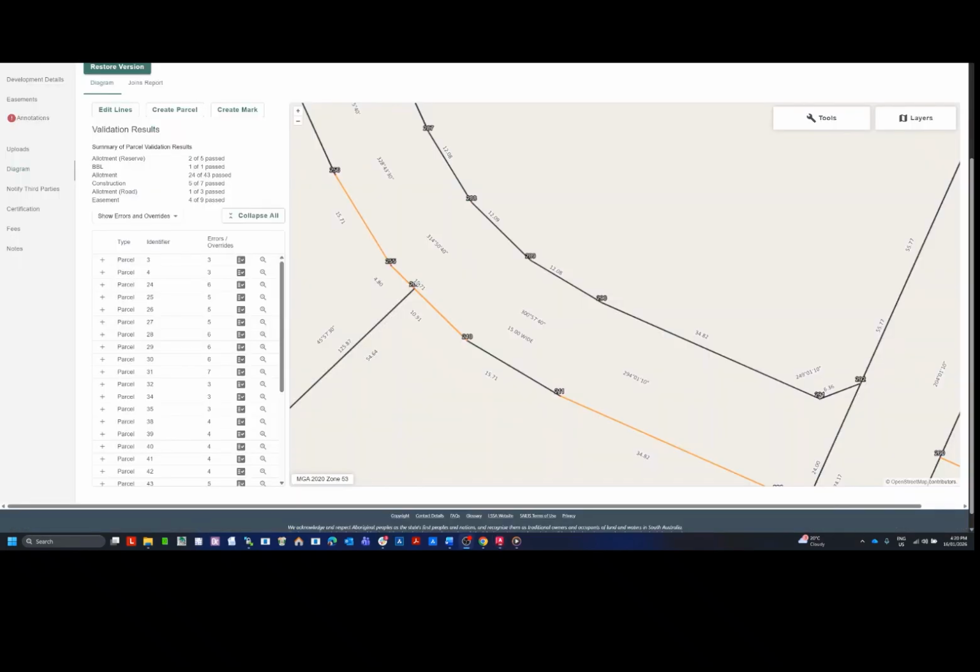We can see that in the closures report where we have a bearing label and a road width label